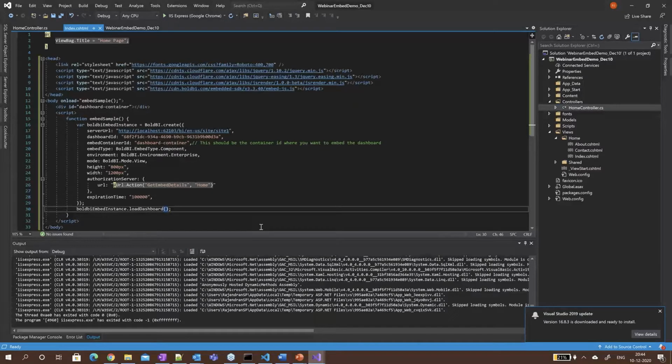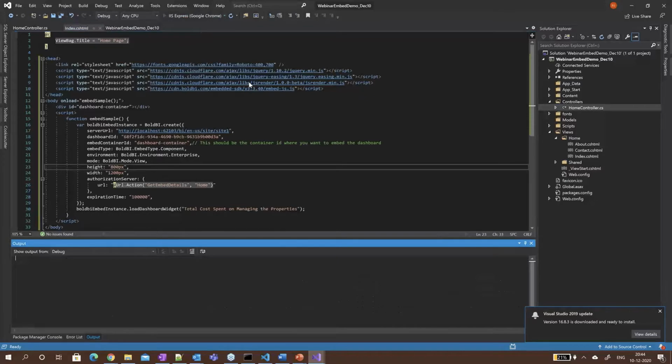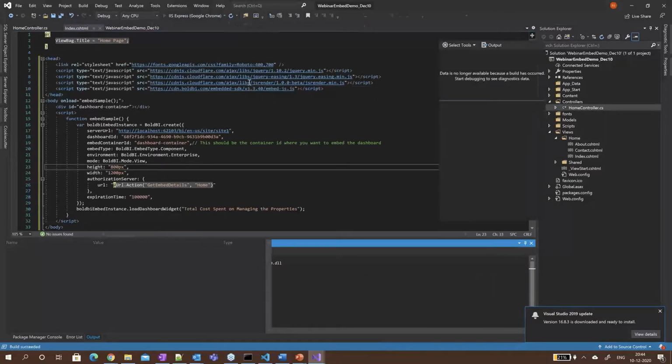To do the widget embedding, all we need to do is to change this load dashboard method into load dashboard widget method and pass the widget name as parameter. Let's rerun this sample.